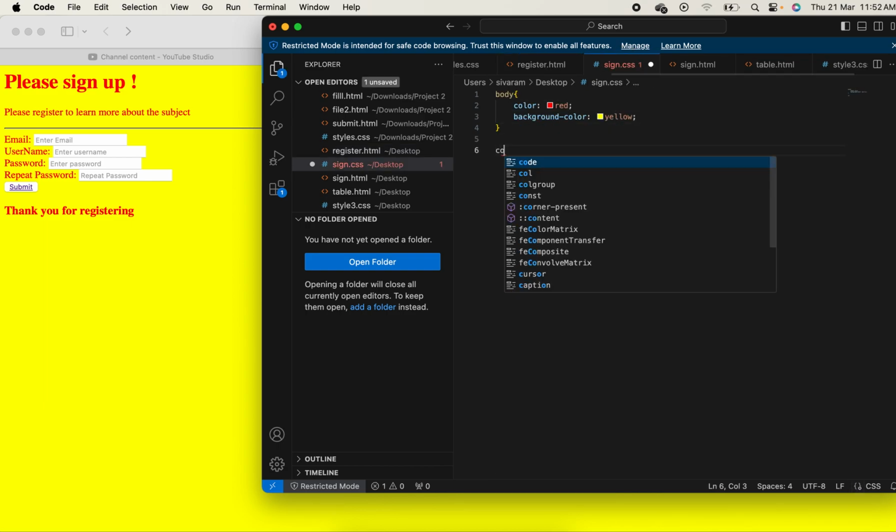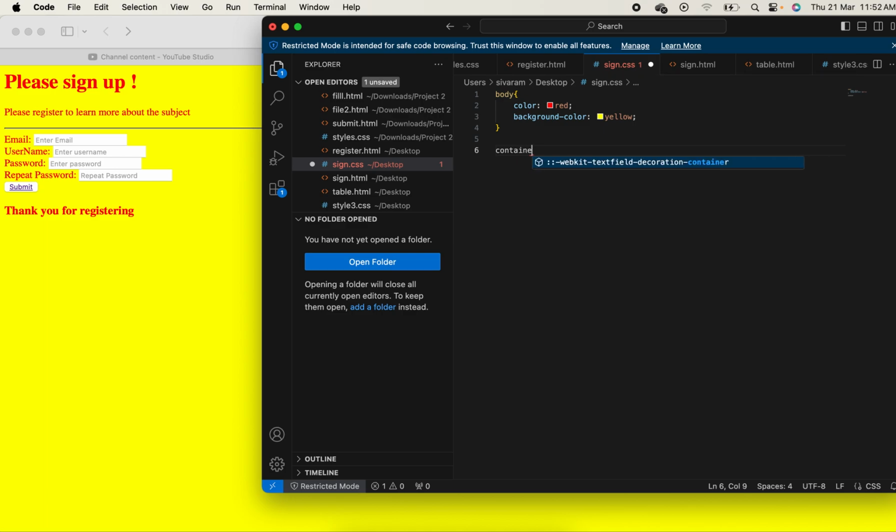Using the class name container I'm going to change the CSS as,